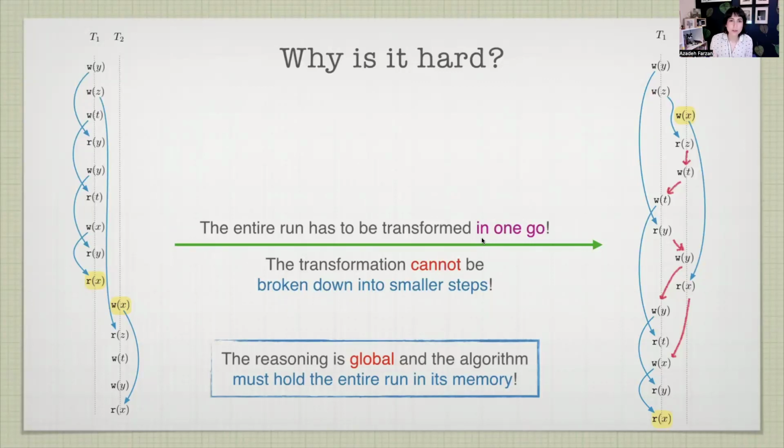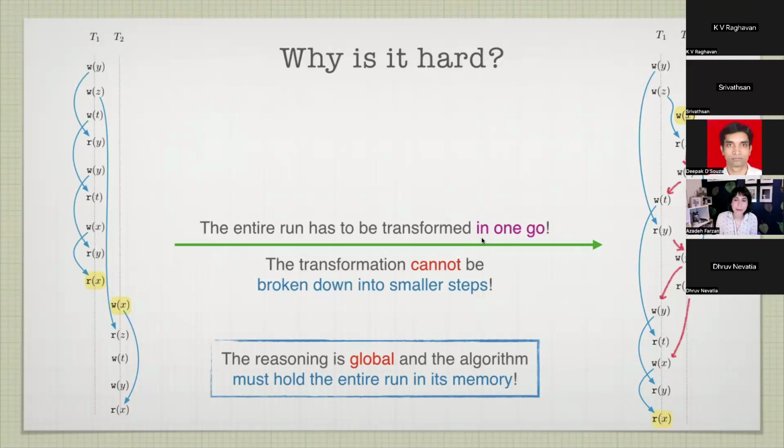Go ahead. So, Azadeh, sorry, a question. Sure. It's enough to just move the events on the second thread one up so that the WX comes before the RX, right? That should be sufficient, right? You see my pointer, right? Yeah. This read X is matched to this write X, and you cannot change that matching in any equivalent run. No, I'm just moving the events in the right thread. If you move T2.